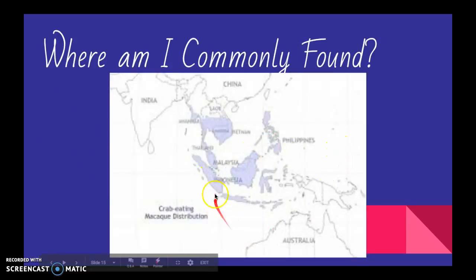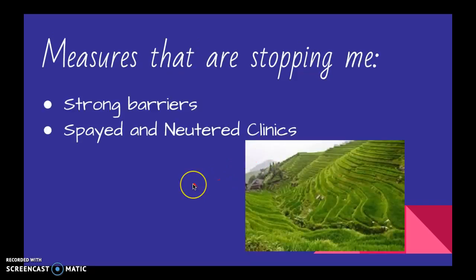They are commonly found in Indonesia, Malaysia, Thailand, Myanmar, Vietnam, and the Philippines. Some measures that are being taken to stop the crab-eating macaques are putting up some barriers around the